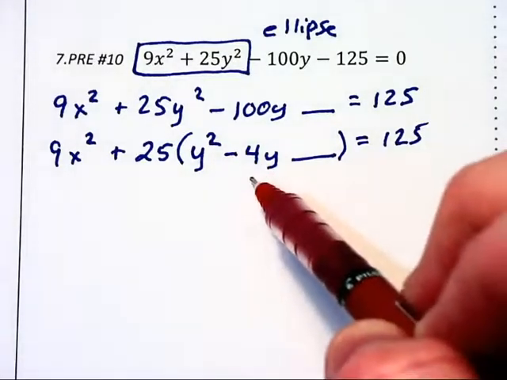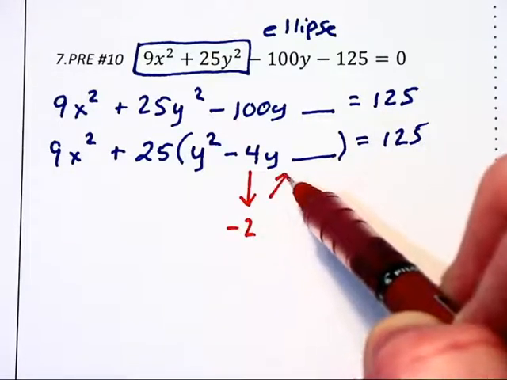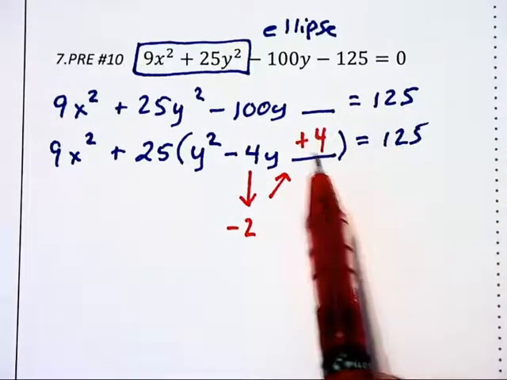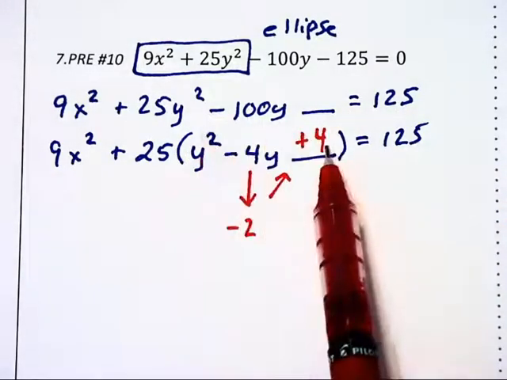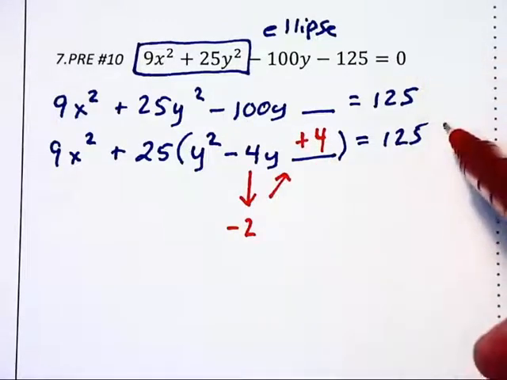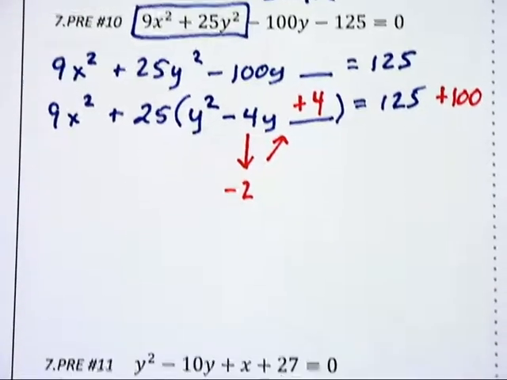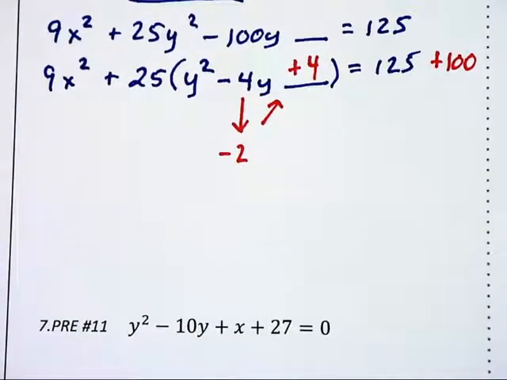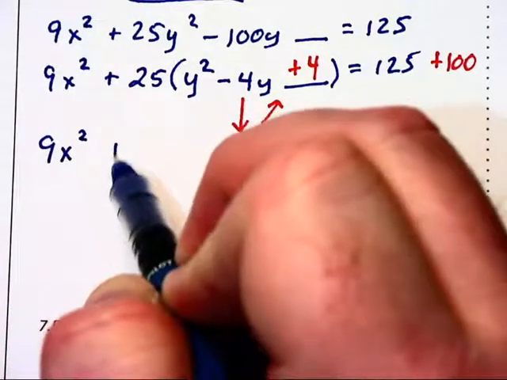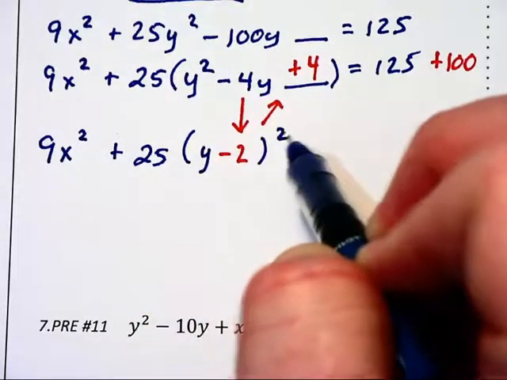In the y grouping, the negative 4 is going to cut in half to a negative 2, which in turn is going to square to a positive 4. But that's not really a 4. There's a 25 that distributes to it. That's really 100 that we've added on the left, so we need to add 100 to the right-hand side of the equation also. Now we can complete the square, bring down the 9x squared, plus 25 times the quantity y minus 2 squared